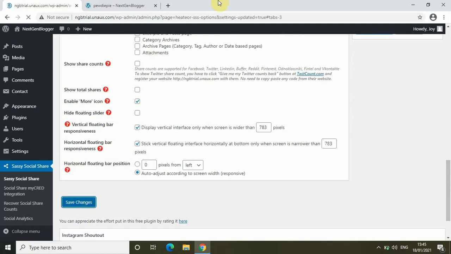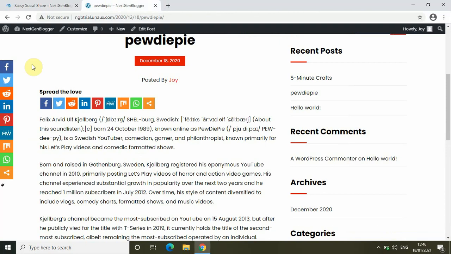Now what will happen is my floating interface of social share buttons will simply go away because I disabled them. So if I just quickly refresh my blog, my floating interface of social share buttons will simply vanish.